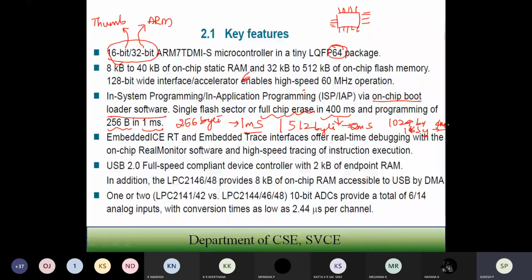Here we call it programming the controller, but in the company they call the same concept burning. There is a burner, and that burning is nothing but porting the hexadecimal code into the hardware. This you are going to do.